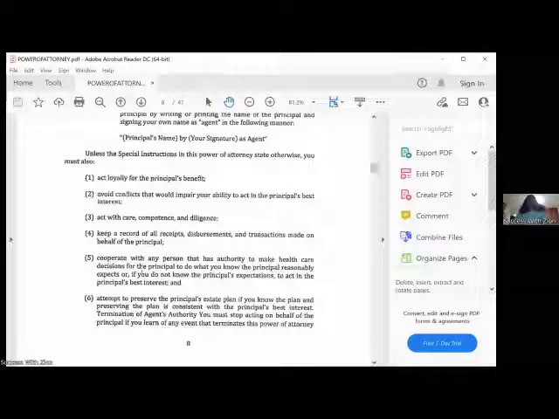Okay. So anyway, I was supposed to have signed this in blue ink. I'm going to get to that page and I'm going to explain something else to you when we get to that page. But right now, let's continue. It says effective date. This power of attorney is effective immediately unless I've stated otherwise in the special instructions. Nomination of a conservator or guardian, if it becomes necessary for a court to appoint a conservator of my estate or guardian of my person, I nominate the following persons. So they're going to put who they select, if anyone, their address, phone number. And if there's a second person, they would do the same thing.